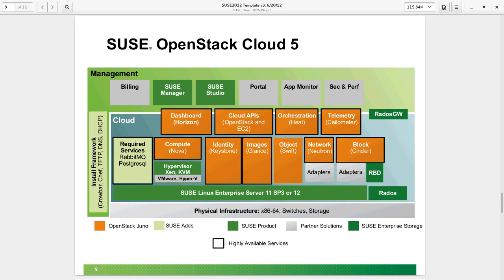So to a large extent, the OpenStack infrastructure runs on an isolated set of network interconnections. They can be virtual networks, but they're still separate. You typically have a dedicated storage network, a dedicated administration network, and then the applications sit on top of that and can get access to resources through the cloud APIs, OpenStack and EC2 APIs in the middle.